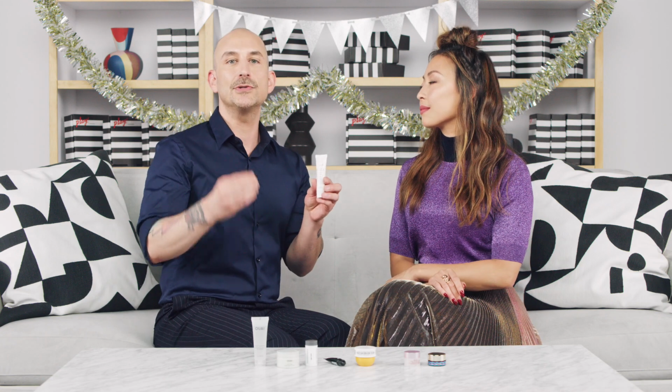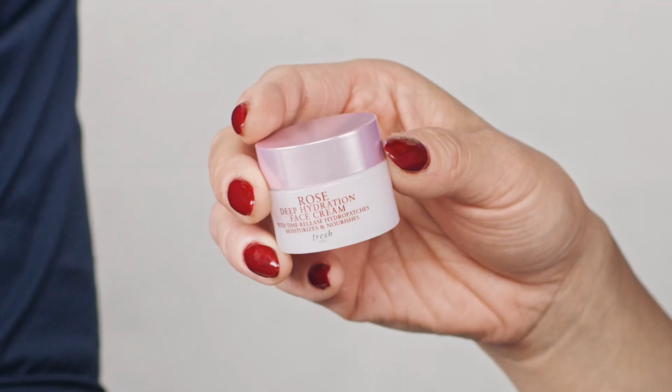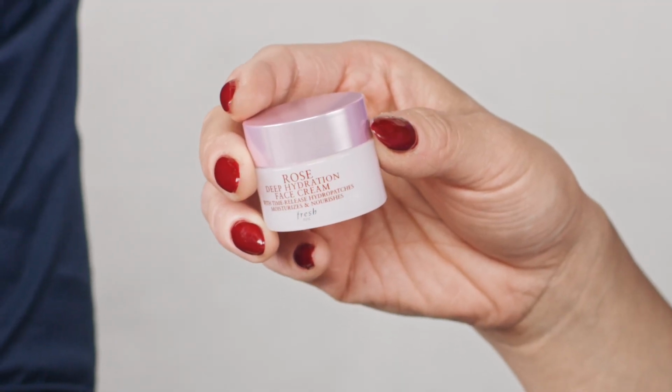There's also soy proteins in here. Now, these proteins are really great at helping your body maintain that elasticity and suppleness of your skin. So you have that appearance of younger looking skin, even though you're cleansing. All around great and gentle. So gentle. And also from Fresh, we have their Fresh Rose Deep Hydration Moisturizer, a lightweight gel cream, but it's